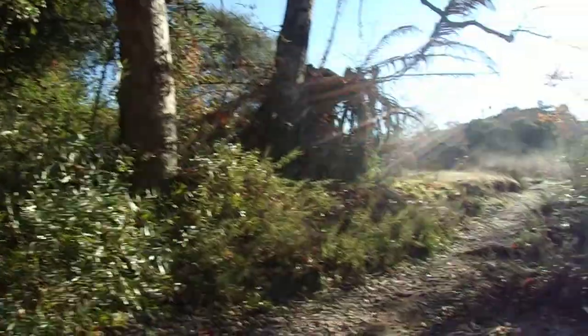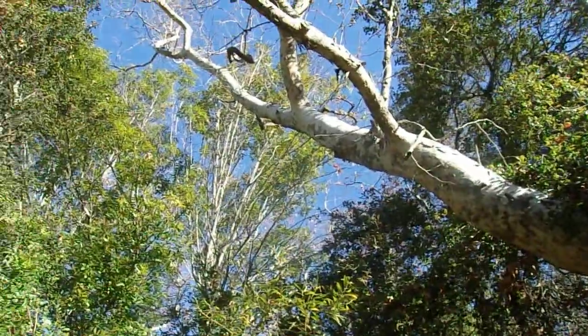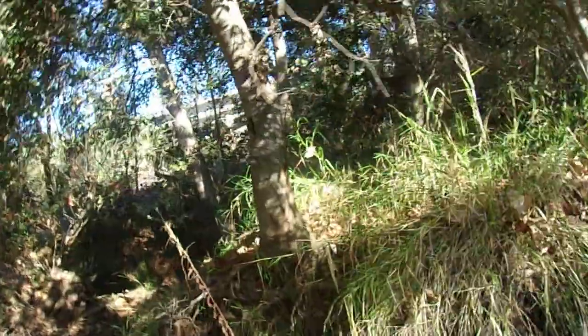Fraxinus udhei, called shamel ash. Sometimes they call it evergreen ash. I believe it's native to Mexico and Central America somewhere. And they look like your regular ash trees, only their habits are very different with respect to being evergreen or deciduous. Some of them stay mostly evergreen, some of them shed a few of their leaves, and then some of them will shed all their leaves really fast